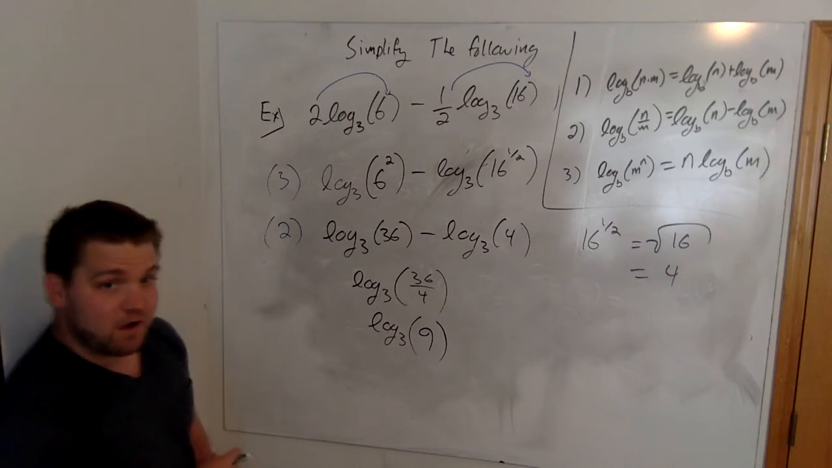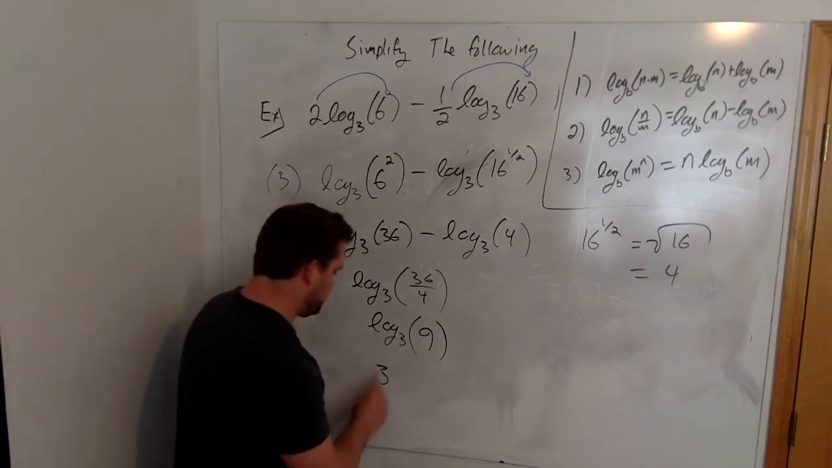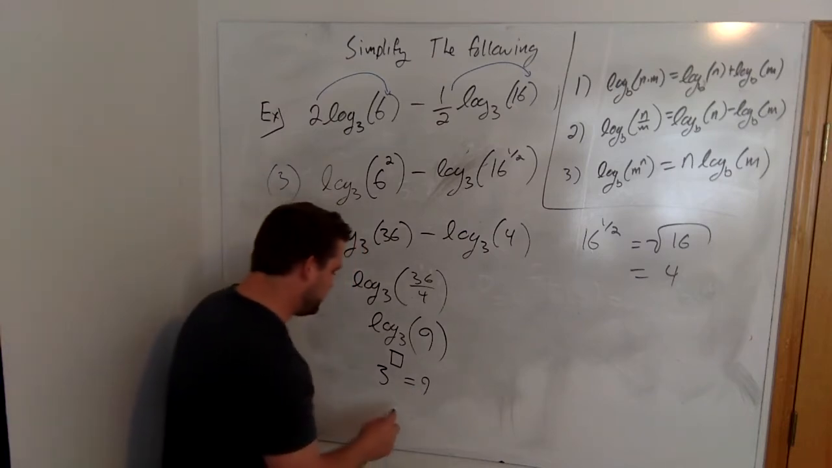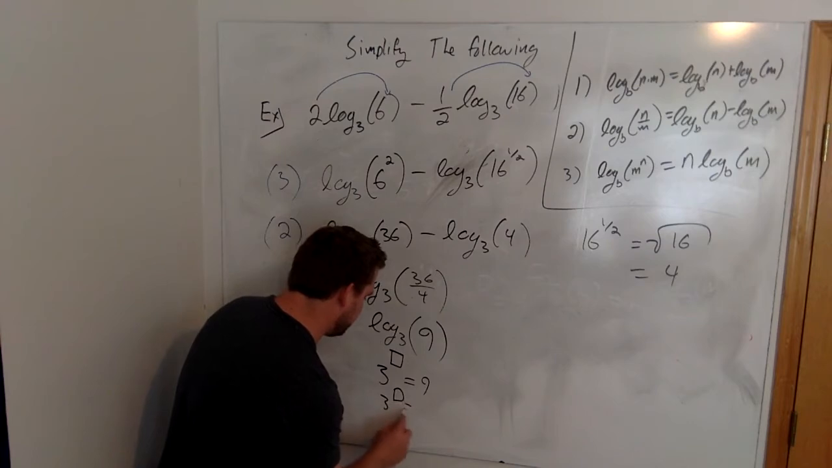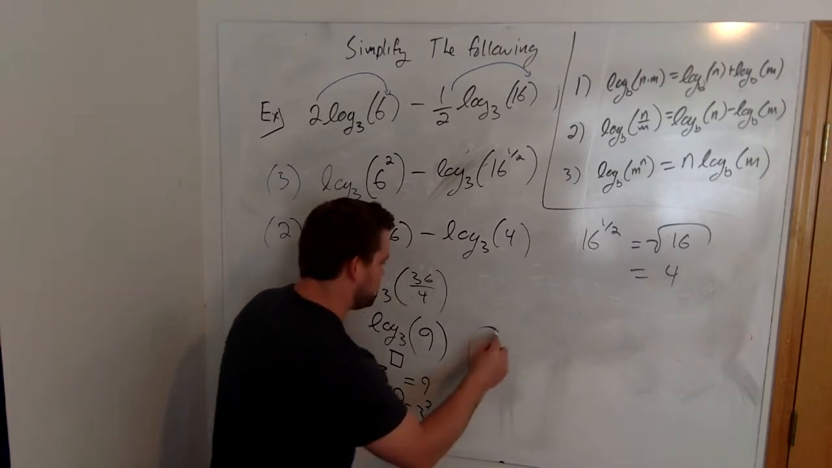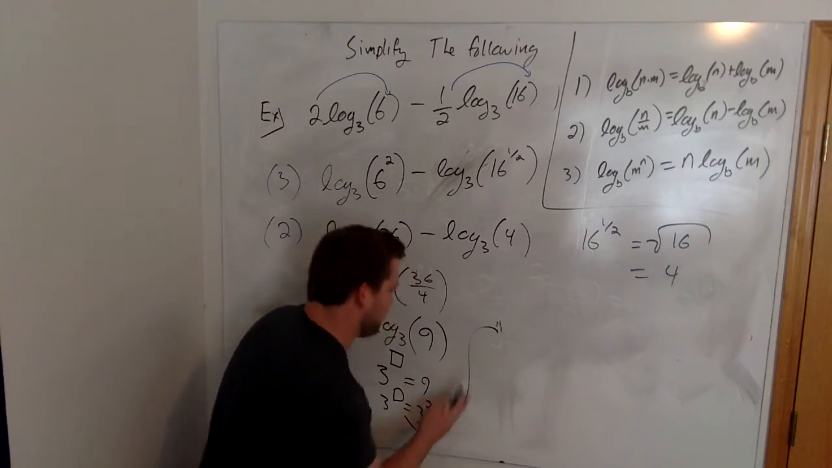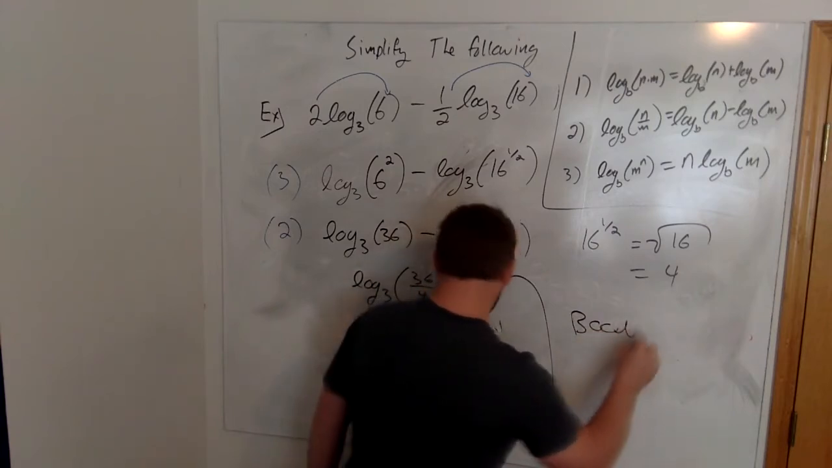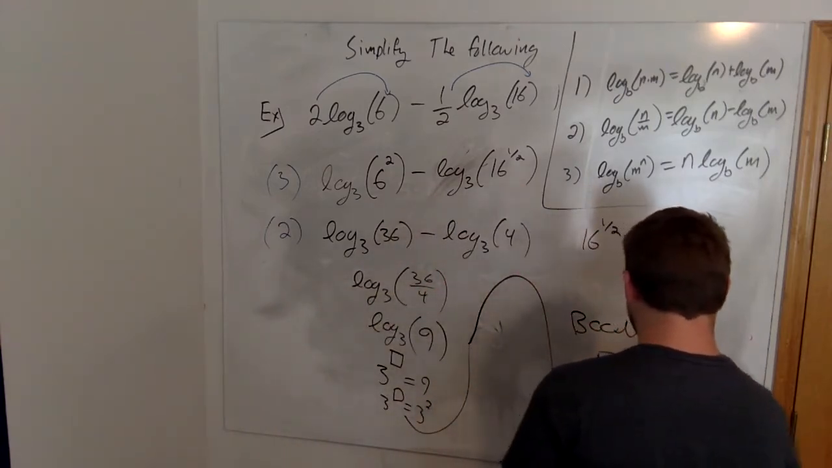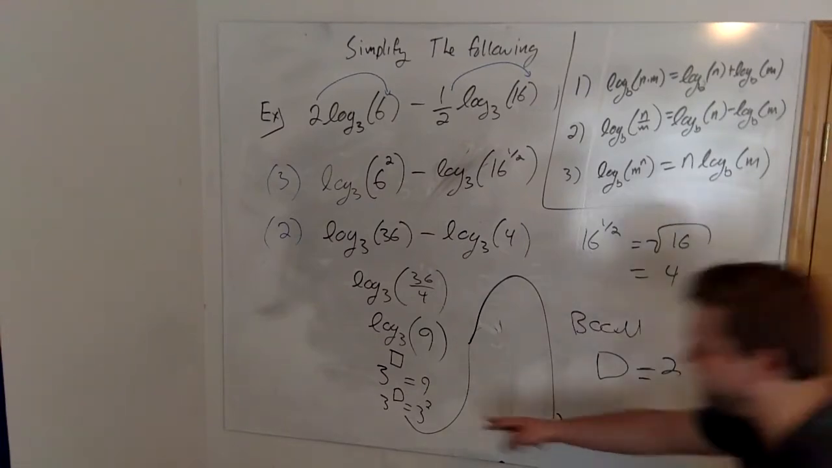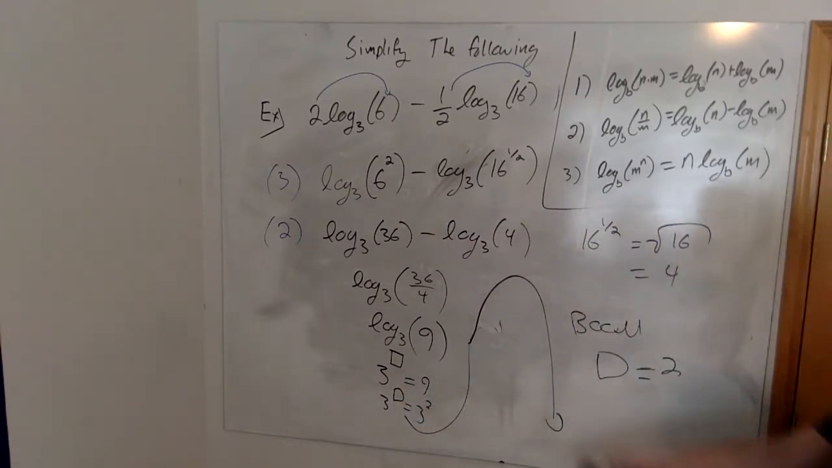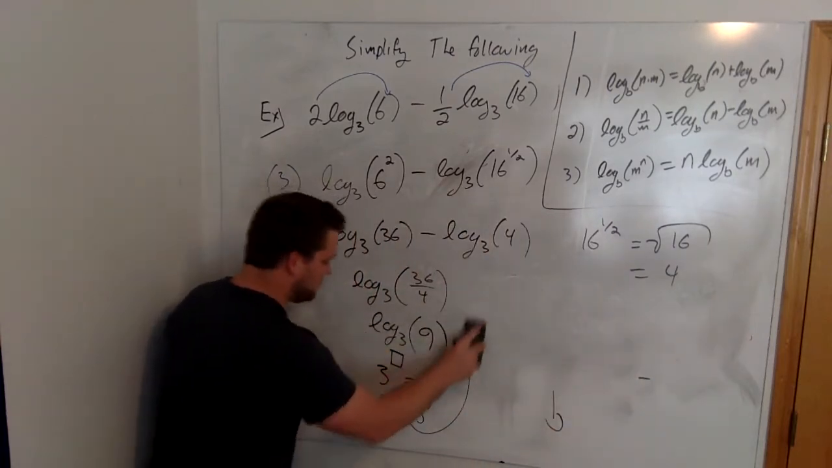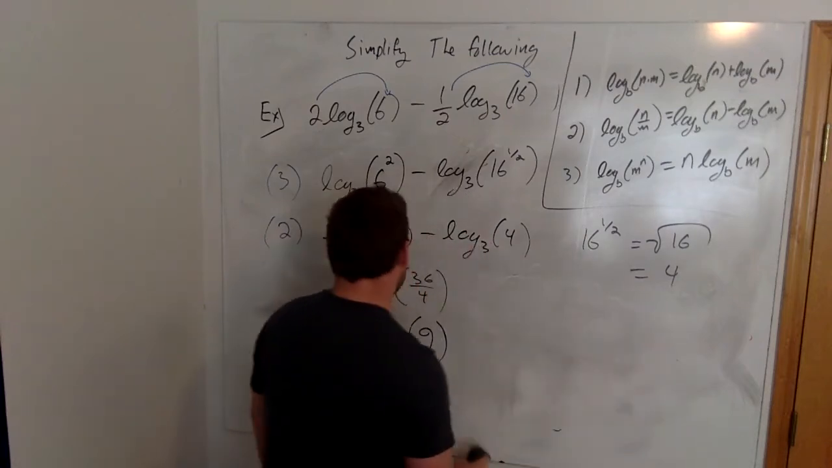9. So now this is asking the question, 3 to what power gives us 9? I hope you believe it's 2. Or if we just want to be fun, blank equals 2. Drop that base. The blank is 2. 3 squared is 9. So the answer to this problem, by playing around a little bit, is